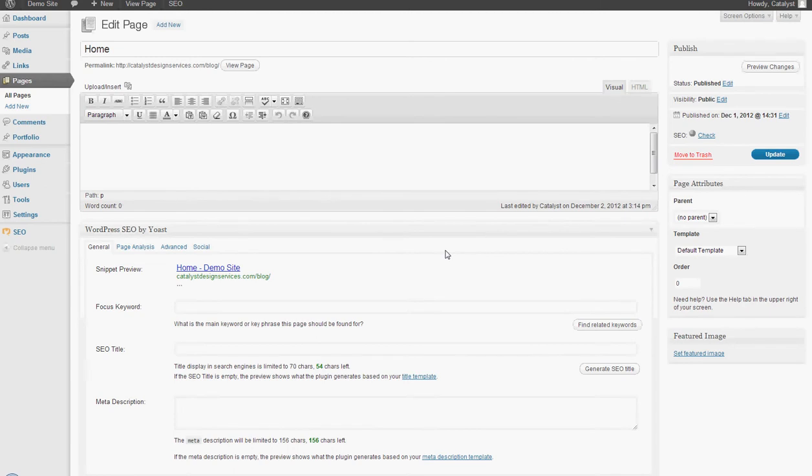Hello and welcome to this WordPress tutorial on what's called SEO. That is an acronym that stands for Search Engine Optimization. And we're going to be covering a specific plugin or application that is very widely used in the WordPress world